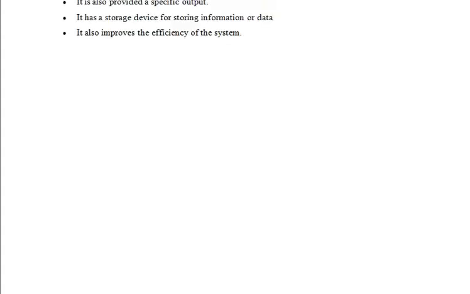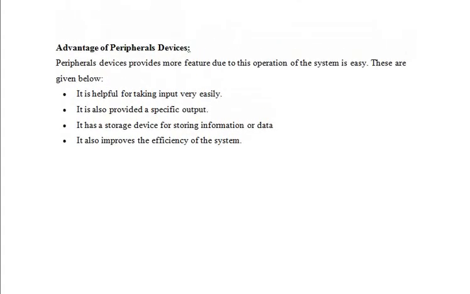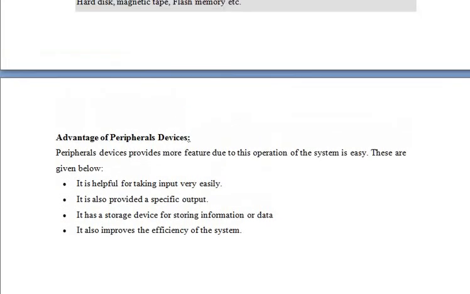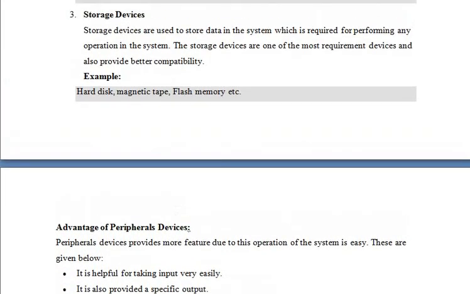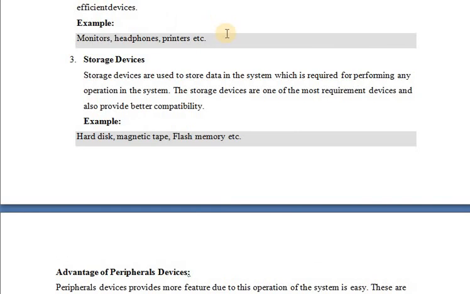Monitors, headphones, speakers and printers are some of the output devices. So the output devices are the reverse of the input devices.